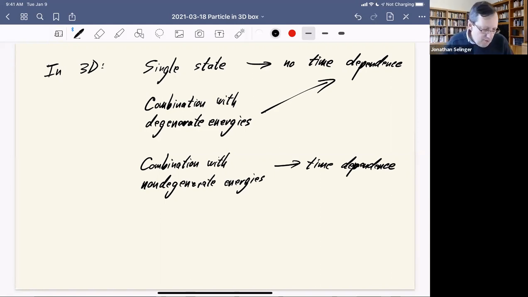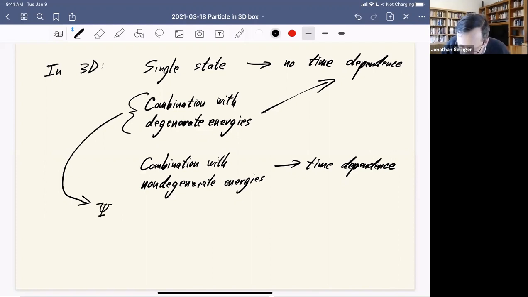And the reason for that, what's the reason for that? The reason for that, well, suppose you have a combination with degenerate energies. Okay, so let's look for an example like this. Suppose that you have psi of x, y, z, and time is some